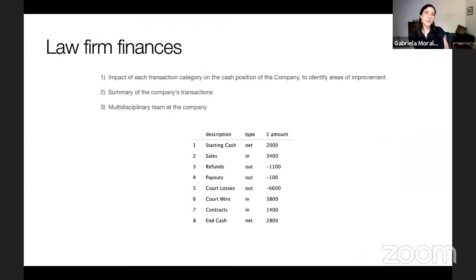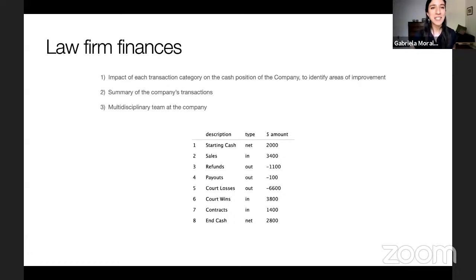Okay, let's switch to law firm finances. I'm not a finance person, I'm in biology, so this is hard for me, but there are a lot of people from finance who find it really useful to get into data science. That's booming. A big chunk of my cohort and the next one were economics and finance majors. They were the ones who got jobs the fastest.